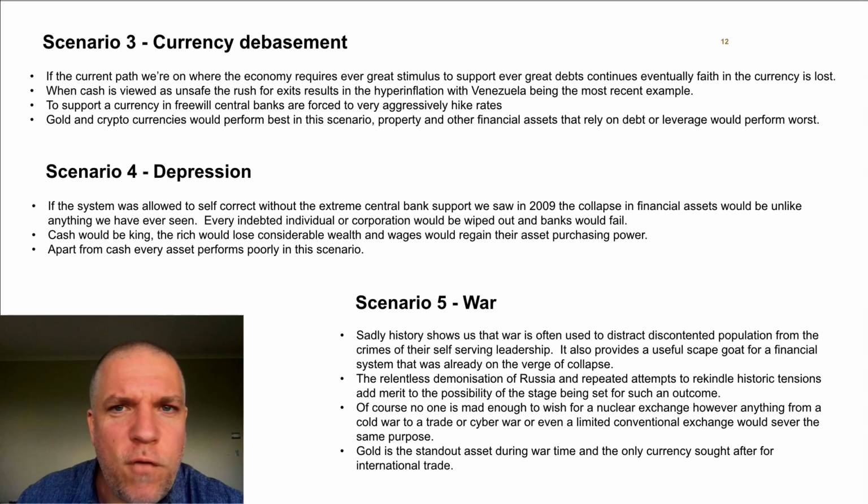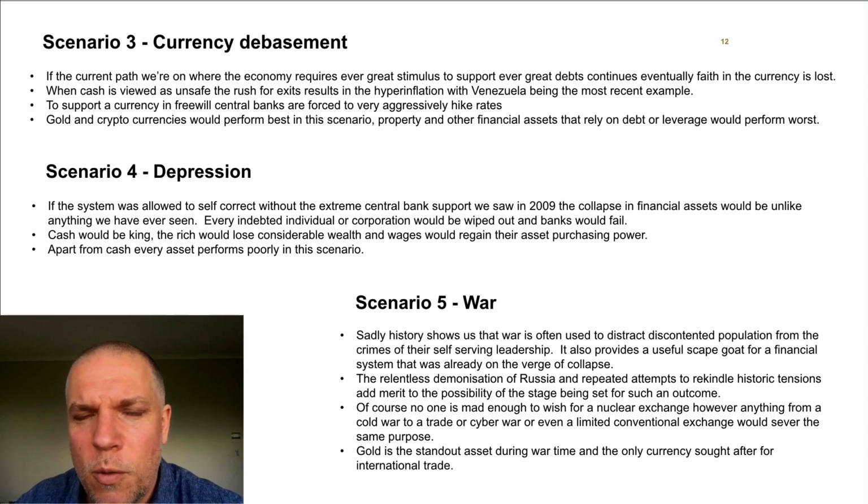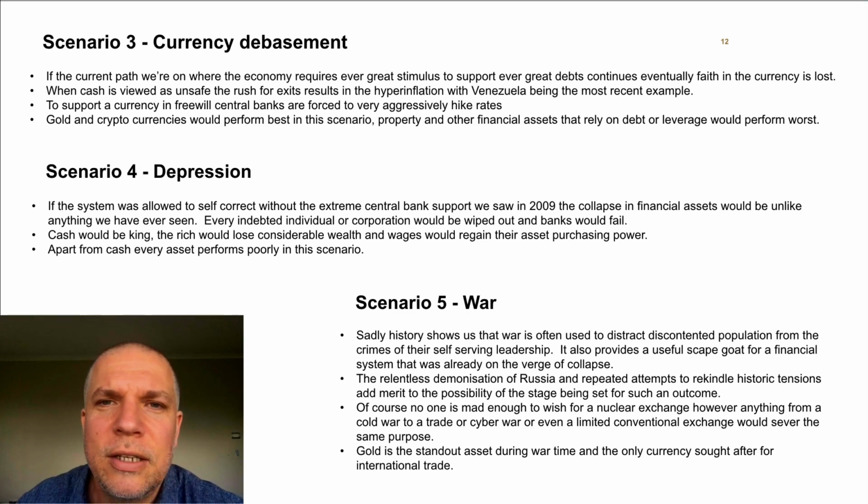So scenario 4 I've got here, depression. So this is the one. This is the honest one. This is what happened last time, and it still may happen again. I suspect we'll have to have at least a sense of this happening in the market for a radical change like the first 3 scenarios we've mentioned. I think for that to be even accepted or tolerated, you'd need things to get pretty bad first. So although I'm not expecting a depression, I think it's quite likely we have the beginnings of a depression. At least the market's starting to price it in